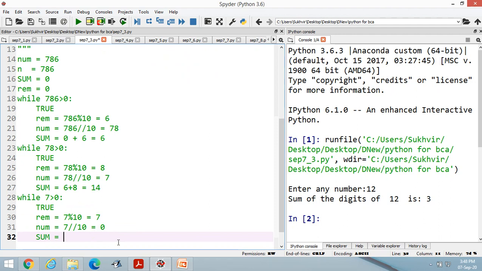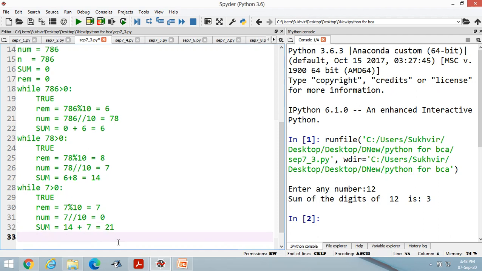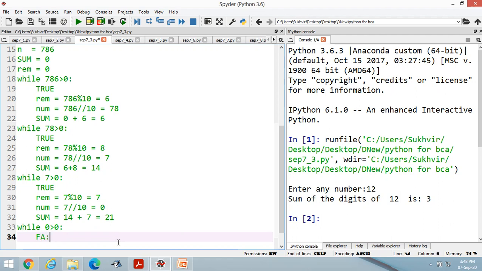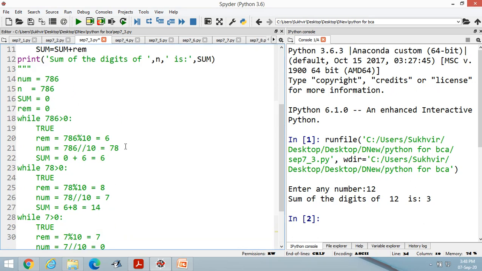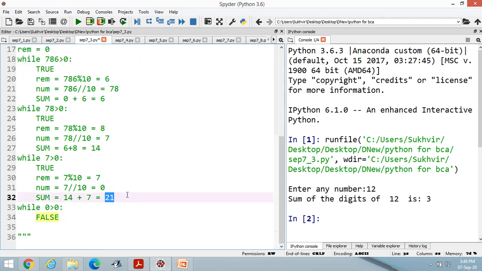Sum is equal to sum plus remainder and answer is equal to 21. Now the last term, while 0 greater than 0, this statement is false. It will not execute. It means if I enter 786, the output will be 21.